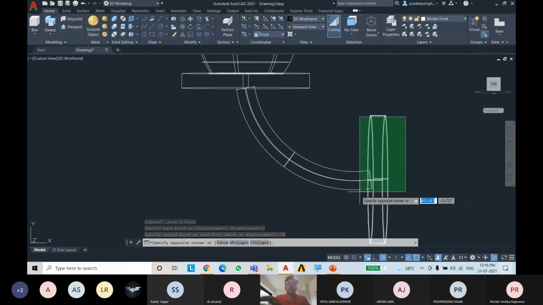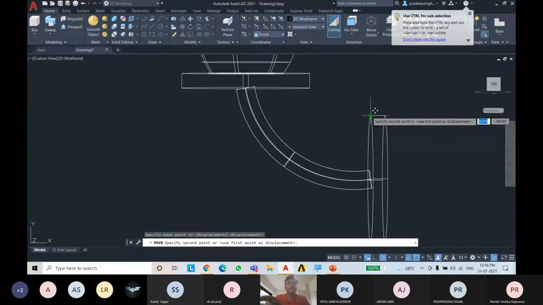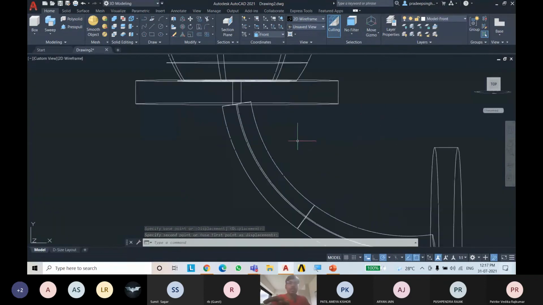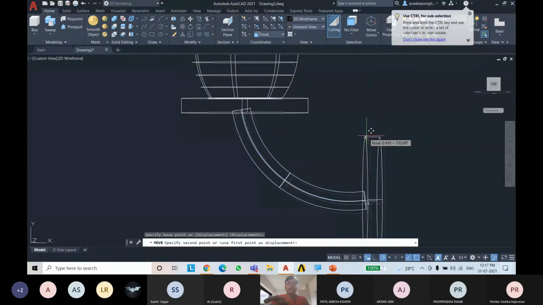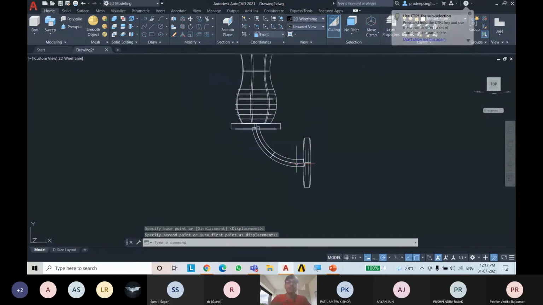Again, we need to drag it, select it, just click OK. So now you can see that both handles are inside the circle.